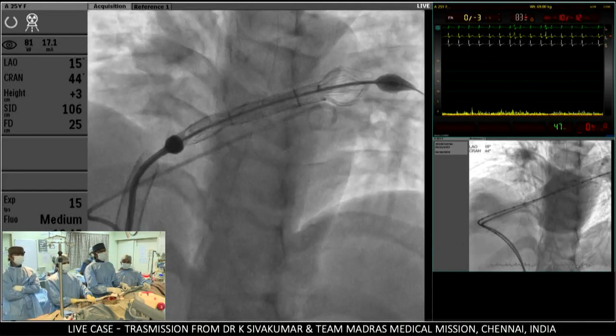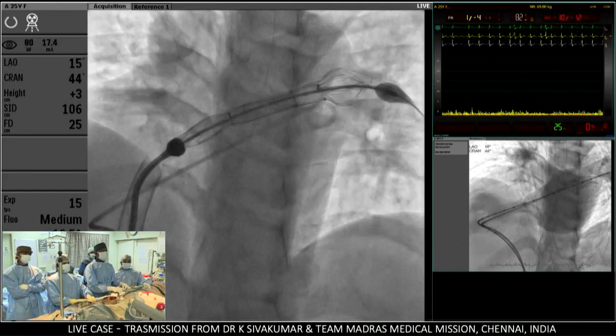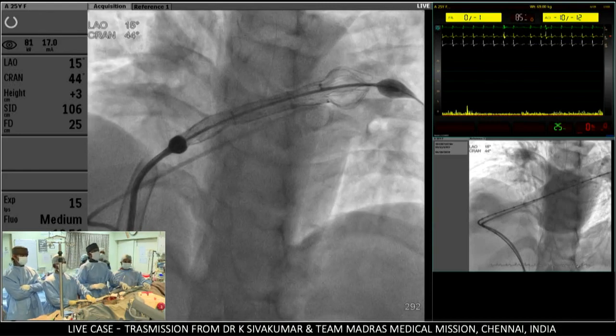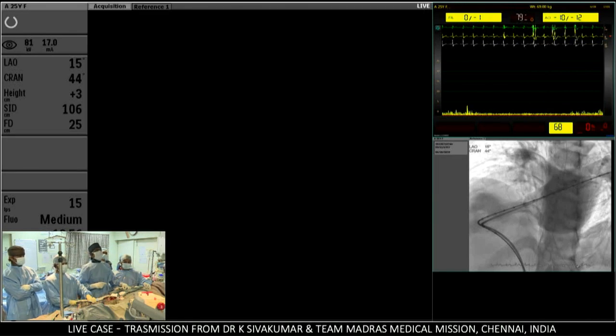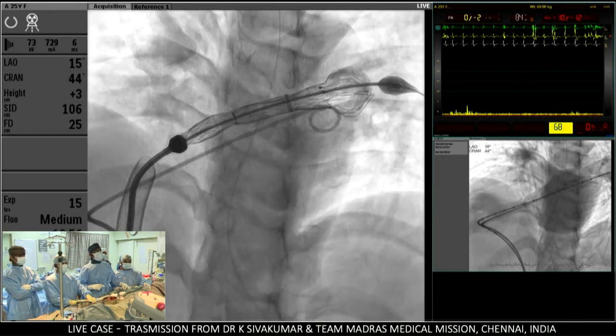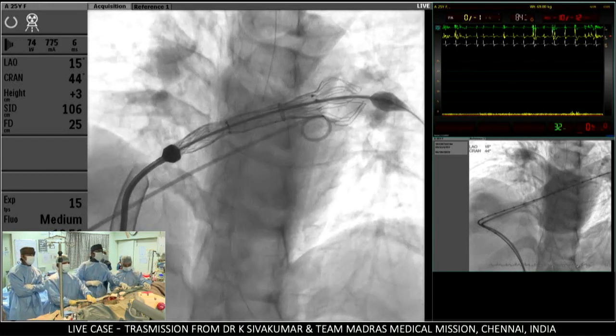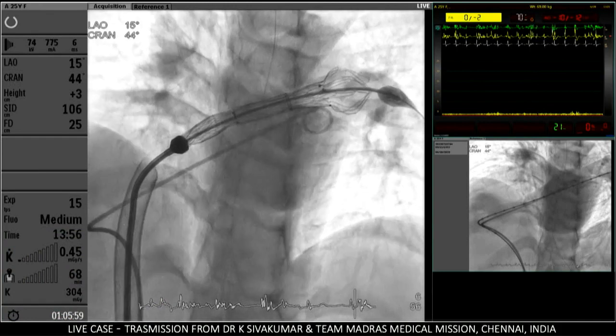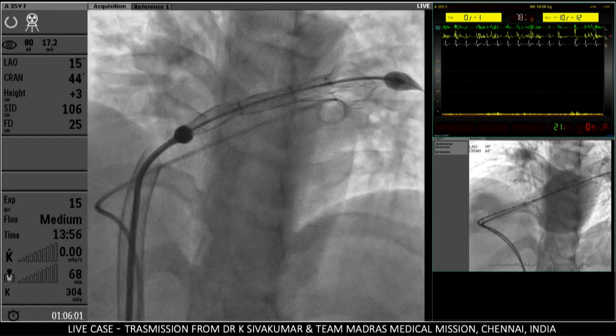And Shiva, is that a dry seal you've got? No, this is a Cook sheath. One second, I can't see the dry seal. It's a Cook sheath. It's a long one. I will now show you another 15 at 15. It's a Cook sheath that is now just across the tricuspid valve into the right ventricle, but just proximal to the